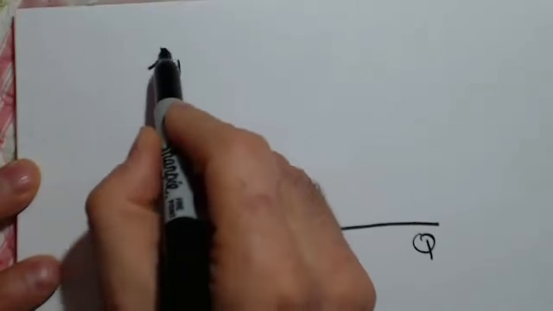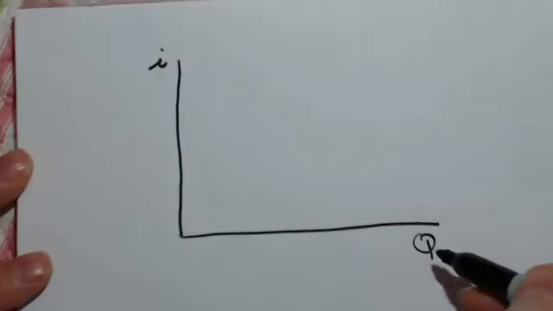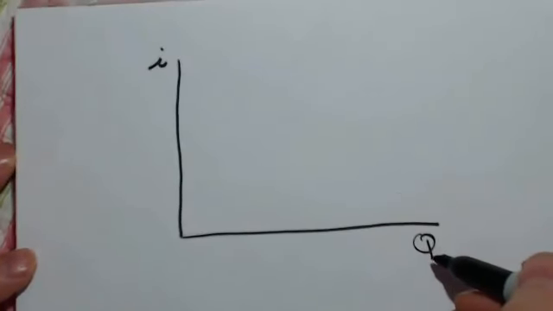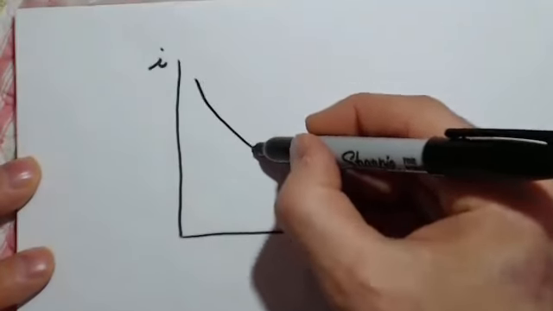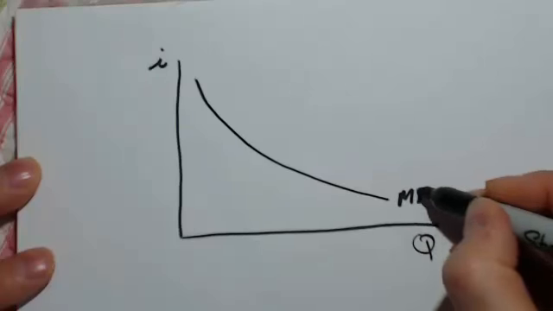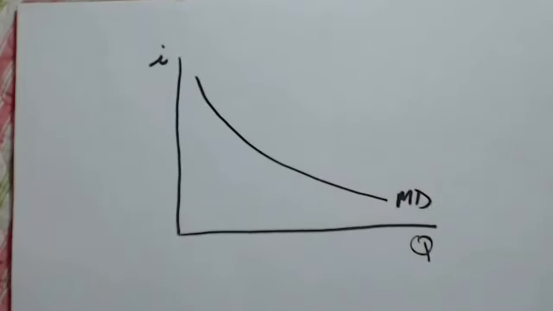And this will be a short-term interest rate. Call it I. And this is the quantity of money. Okay? Quantity of money is on this axis. And so you can have the demand for money, we'll call it MD. MD is the amount of money that's demanded by the public. And when I say amount of money demanded by the public, I mean the amount of money that they want to hold in circulation in their pockets and in cash registers, plus in checking deposits. Because remember, the money supply is made up of cash in the hands of the public plus checking deposits.